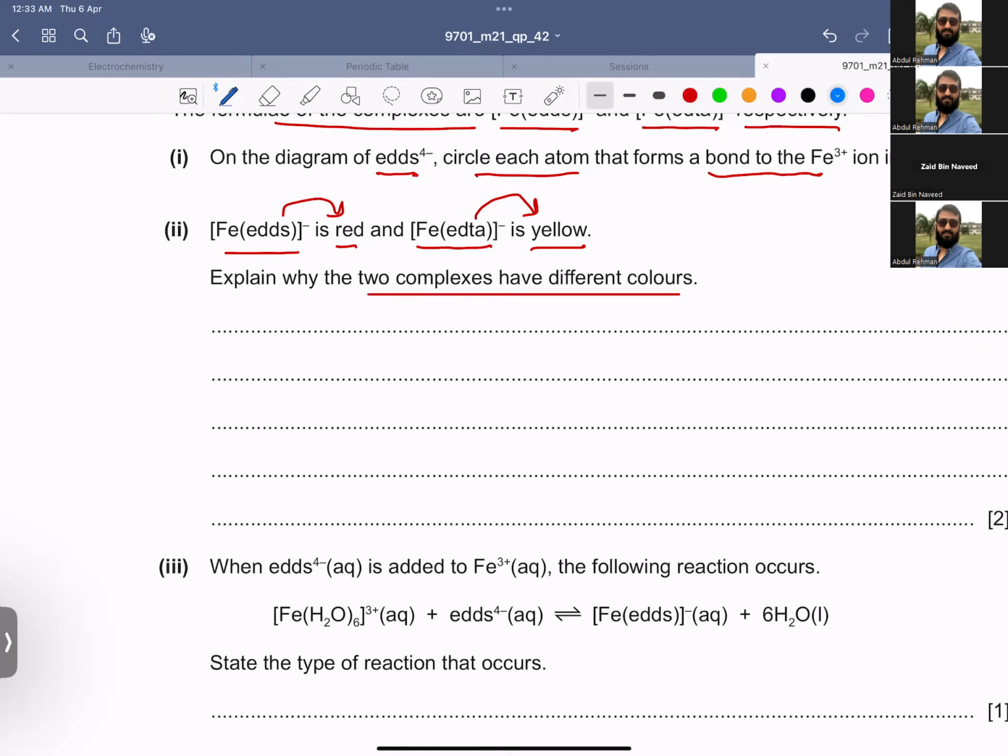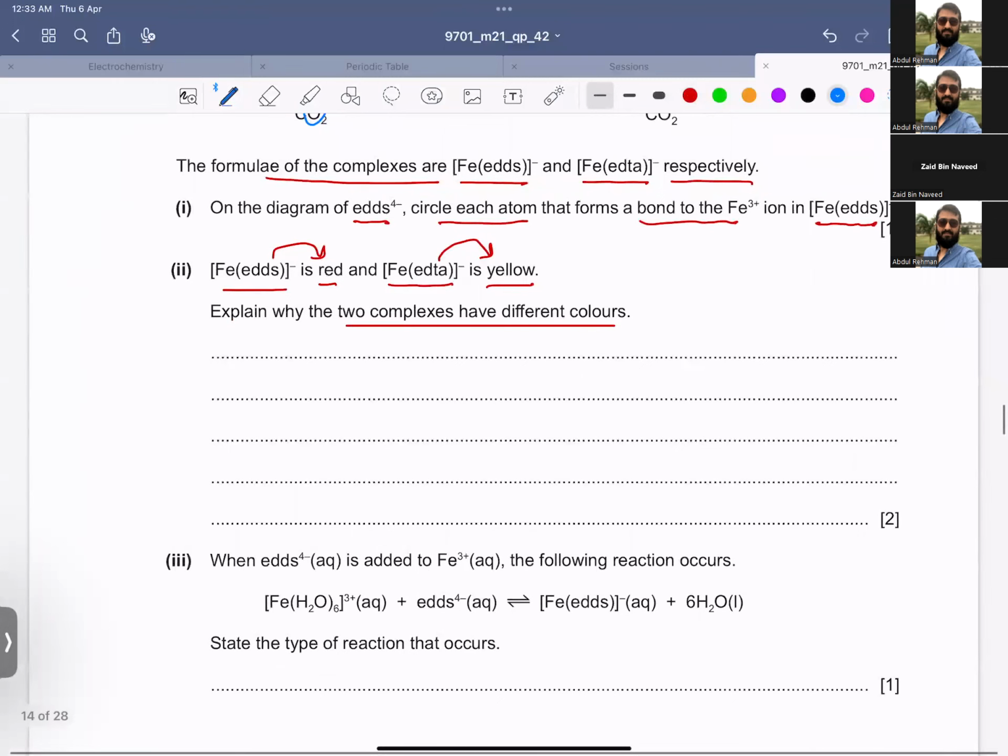So if both have different colors, that indicates that the gap between the d orbitals when they split differs. For example, one has a smaller energy gap and the other has a greater energy gap. So my first point will be that the delta E is different